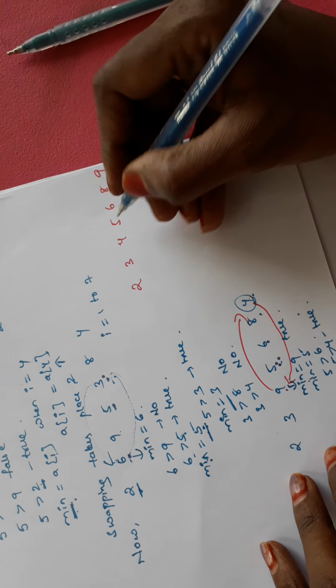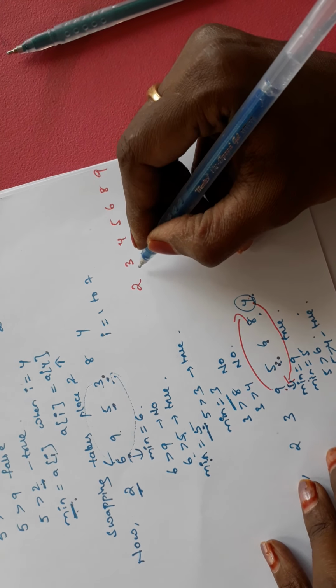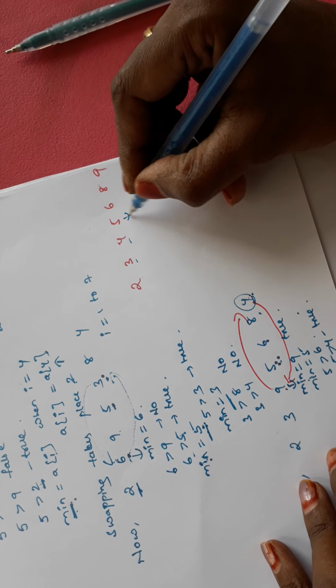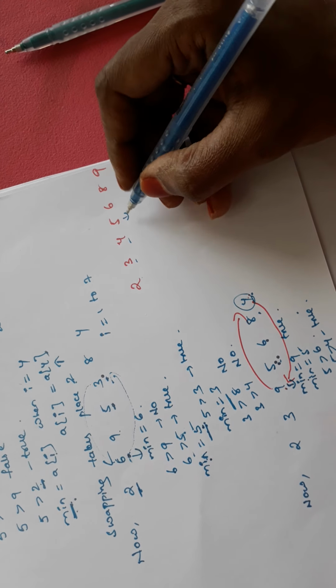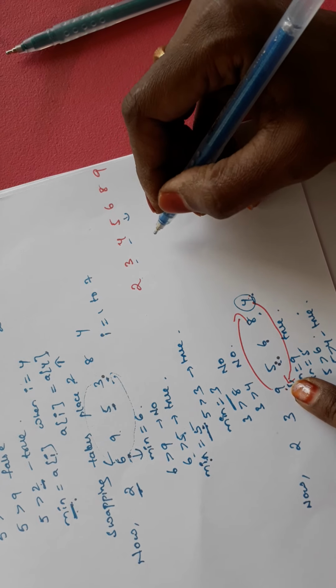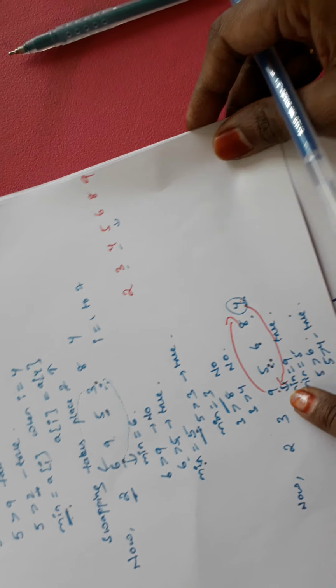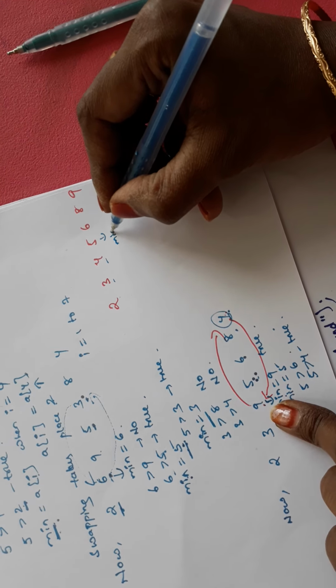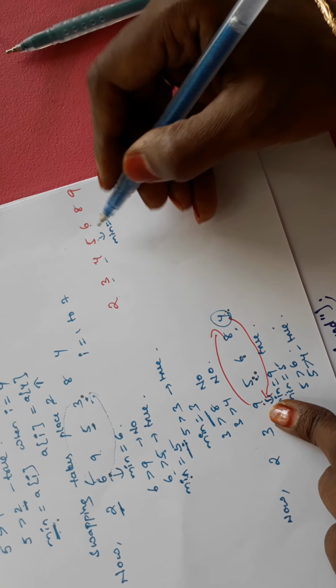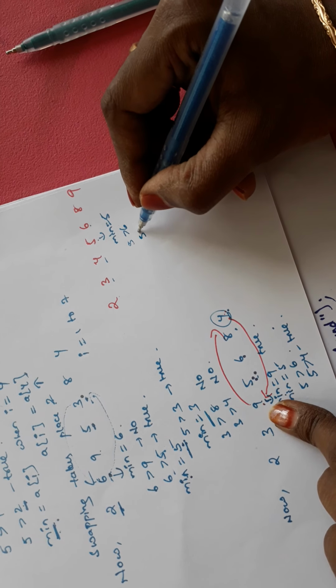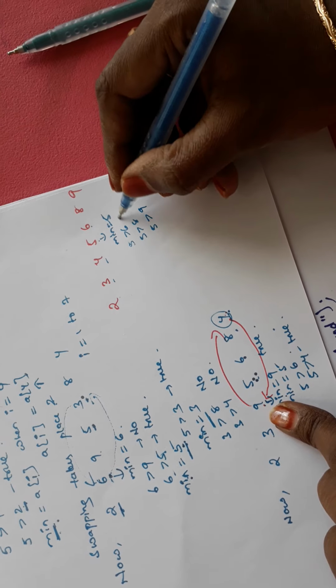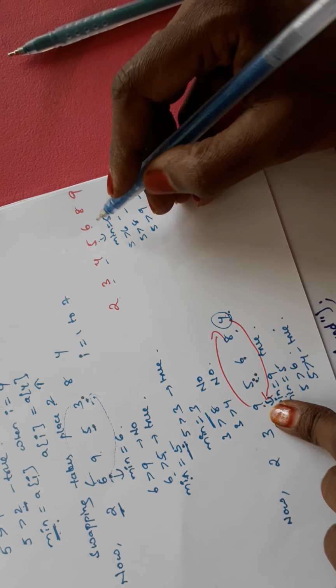Now again, 2, 3, 4 are in their respective places. Let us assume the fourth position value. Up to now we have checked with the third position only. Now go to the fourth position. Now min equals 5. Let us assume. Now compare 5 with 6, 5 greater than 6, 5 greater than 8, 5 greater than 9. Every time the condition is false. Now the 5 is in the correct place.